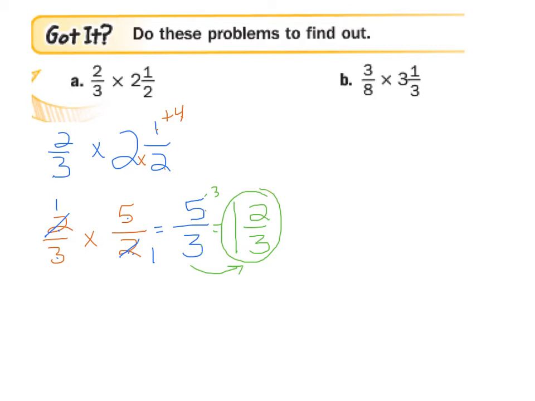Why don't you go ahead and try B on your own, pause the recording, and turn it on to check your work. So if you've done your work correctly, you're going to get 1 1/4. I brought the 3/8 down, and I changed 3 1/3 to 10/3, made it improper. And then I noticed I could divide the 3's by 3, so I simplified down to 1. And I also noticed the 8 and the 10 could be divided by 2, so I got down to 4